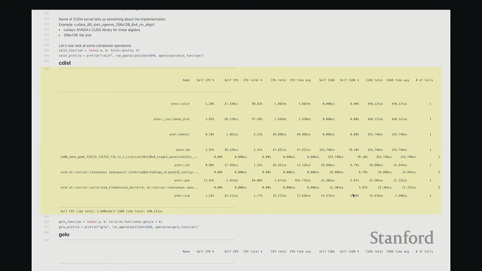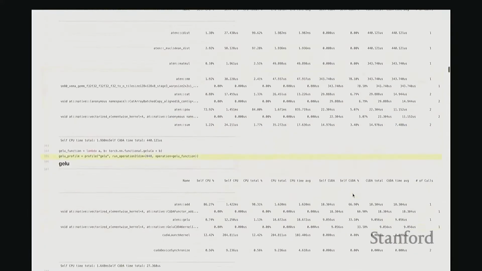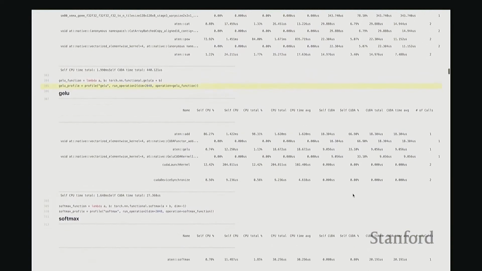So now we get this very nice low-level breakdown of where my GPU is spending all of its time. And from this, I can get some sense of where maybe I should spend my time optimizing. Maybe I think I can optimize my matrix multiply. That would be great because that's 70+% of the time spent in the GPU. The final two examples, sorry, that I want to talk about are GELU and softmax. So these will be our running